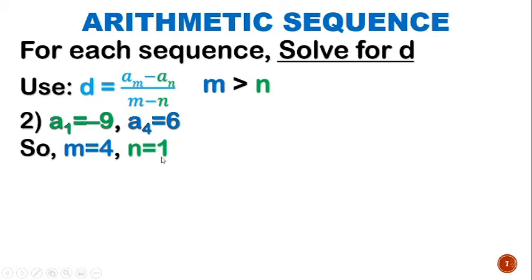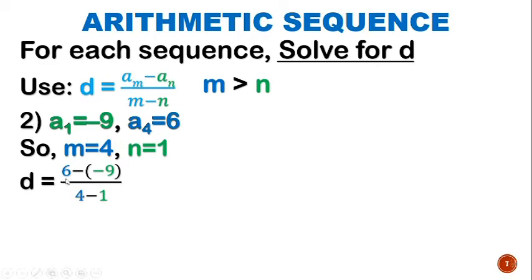Saan nga ulit nang galing ito? Dito sa mga subscripts. So, substituting to the equation, A sub M will be the value of A sub 4. A sub N will be the value of A sub 1. M should be the subscript 4 and N should be 1. That is how you will solve for the